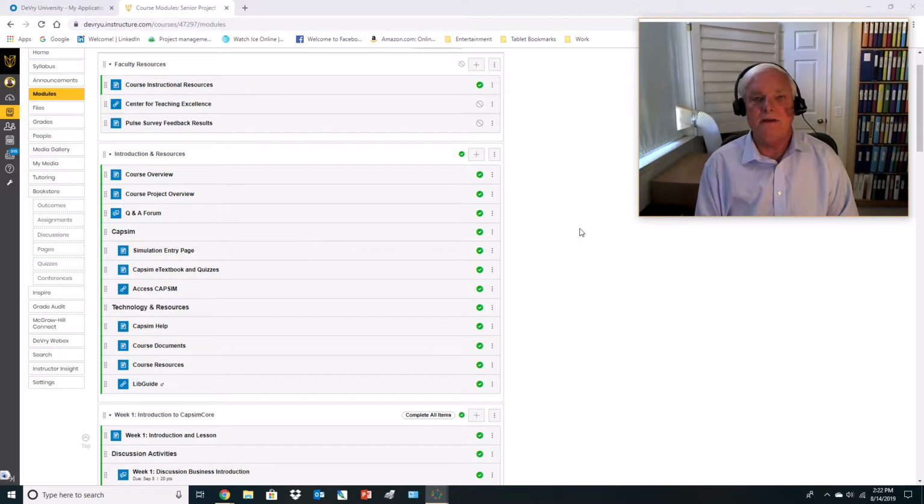And what I wanted to do is walk you through the CAPSIM simulation, at least the login page, and start getting you to the point where you can go in and start doing your training. One of the big things I need you to know is it's going to seem like there are a lot of moving parts. There are. In addition to that,